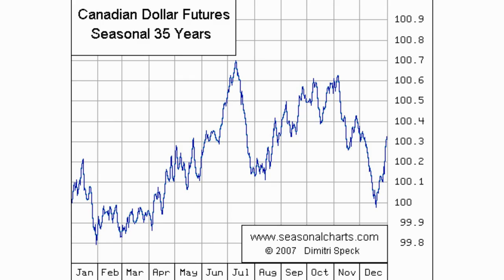If you traded the Canadian futures chart on the futures market and not the forex pair, then you can use this seasonal chart without inverting it. But if you are trading USD CAD, which is a forex pair and not a futures asset, then for that you would invert this chart and use the inverted info. You must look at the name before deciding. For example, the Euro USD seasonal chart that I showed you earlier was a Euro USD seasonal chart, which means that if you are trading the Euro USD forex pair, then you would use the same seasonal chart without inverting it, or without doing anything with it,